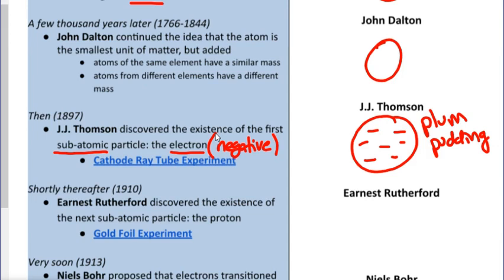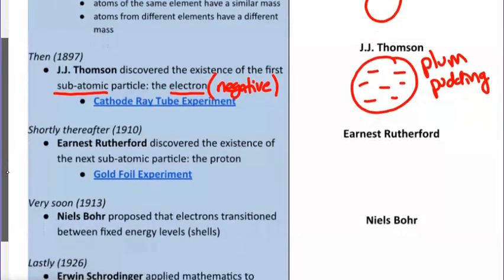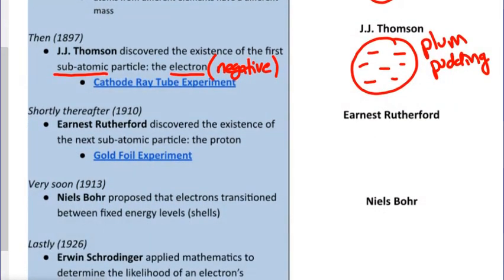And the real reason for that is that Thomson was a British scientist, and they have desserts in Britain called puddings, which are essentially a cake. And if you make a plum cake, the plums are going to be scattered throughout all over the place randomly, in disorder. So that was his theory, that these electrons are just kind of scattered randomly about the inside of an atom. Okay? A couple decades later, Ernest Rutherford did another experiment proving the existence of the next subatomic particle,